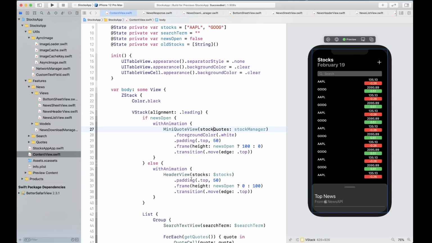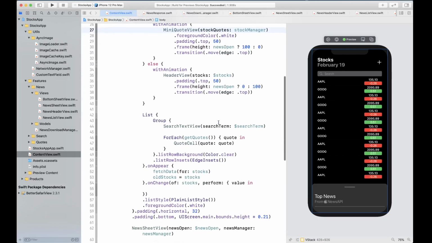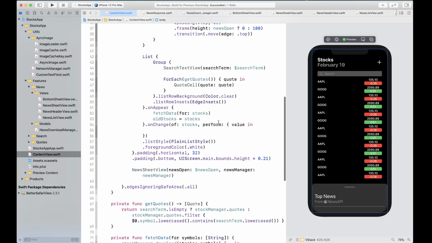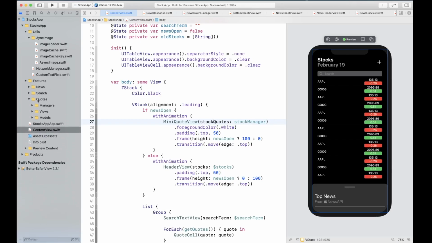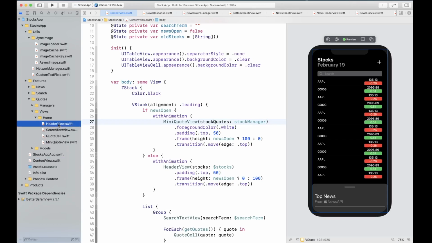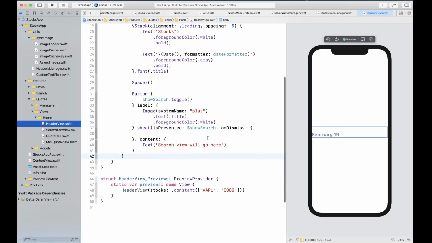So the last component that we have to work on now is going to be the search, and we're going to basically work on this. So this for search functionality is already done. Sorry, not this one, but this add button. So when you tap on the add button at this point, what do we do with the add button? Okay, so that's in news header, not in news header, actually it's in the quotes. So I'm going to collapse the news section and go into views for, and there you go.